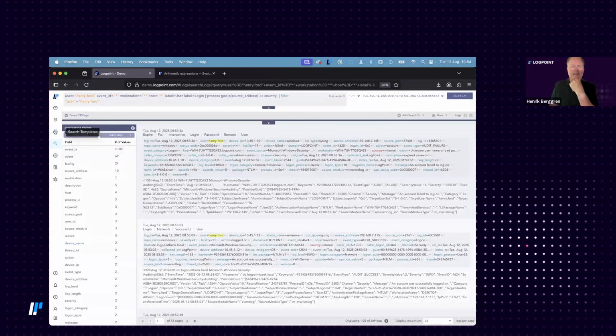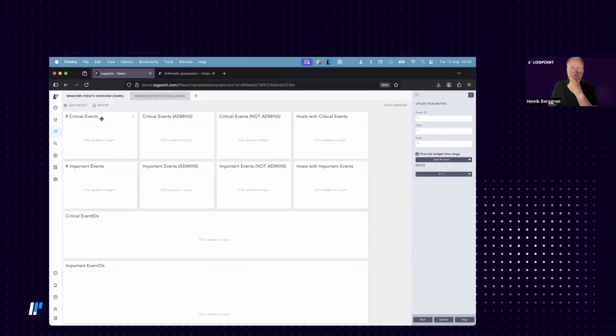If I show you a last one that is maybe a little bit more, well, using more functionality, if you like. I call it Windows Event Monitoring. This is looking into Windows logs and looking at the event IDs in those logs and matching them against two different lists I have created. One list with event IDs that Microsoft recommends as being critical, and another list that they sort of categorize as important. So if I just update this,